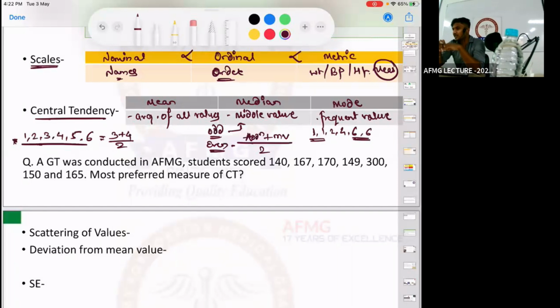The middle value in ascending or descending order is known as, and the sum or average of all the values is known as mean. So mean is represented by which letter? Anybody? Mean is